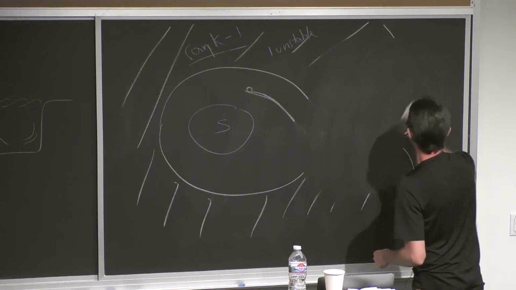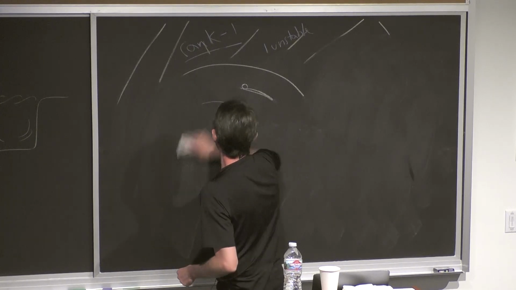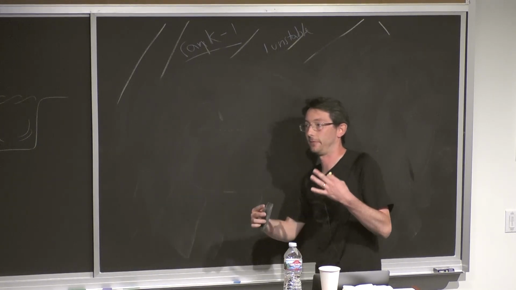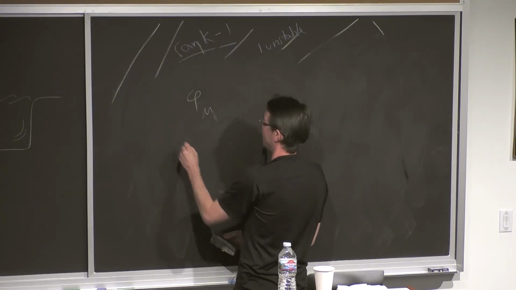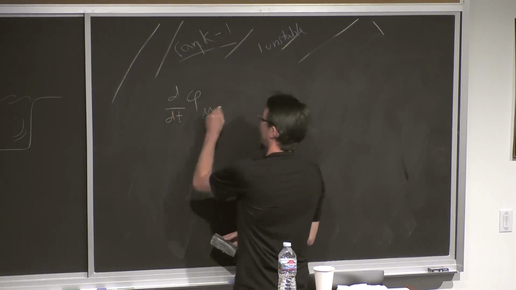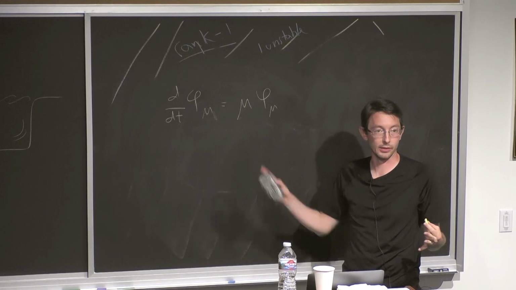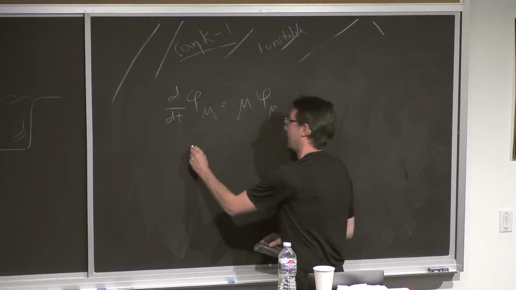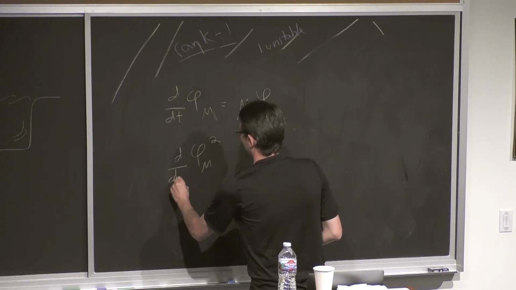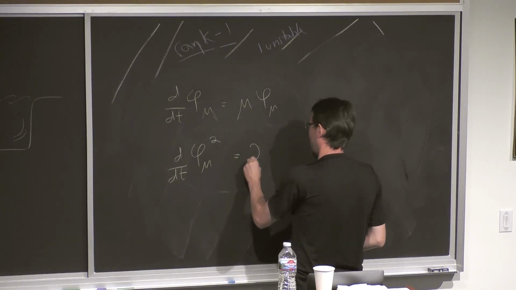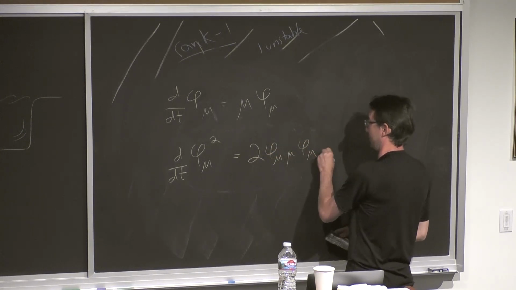So the question is, in the last example, the one that actually worked that had a discrete set of eigenvalues, there were kind of two eigenfunctions, phi mu and phi lambda, that I determined. And phi mu, if I looked at d/dt of phi mu, it would act like mu phi mu. It would be a linear system in the coordinates given by mu. But if I have phi mu squared, and I take d/dt of it, I'm pretty sure I'm going to get 2 phi mu lambda mu phi mu equals 2.